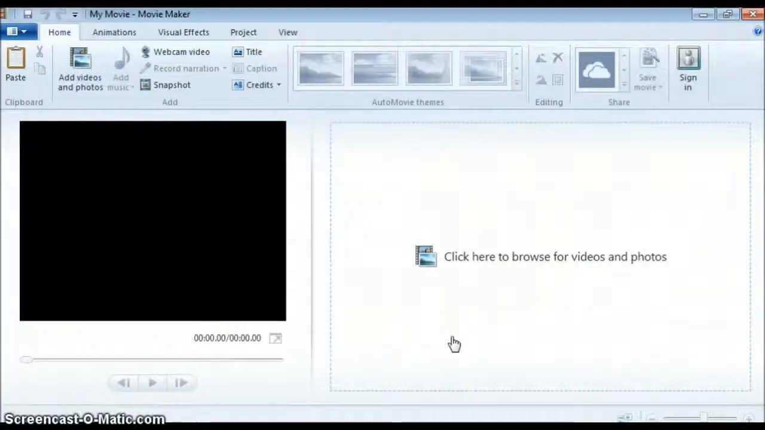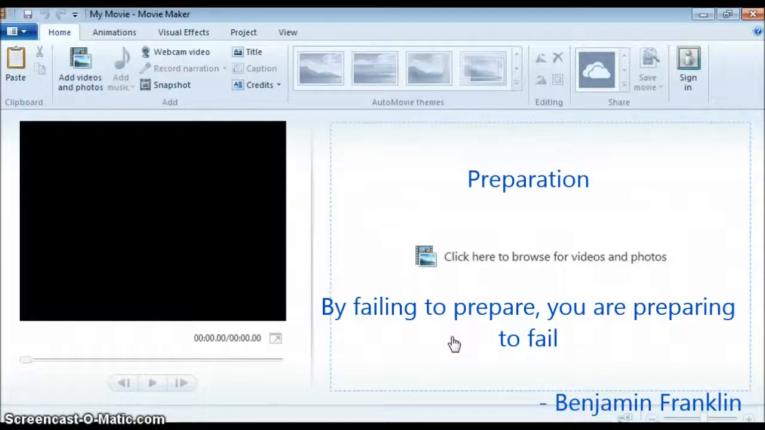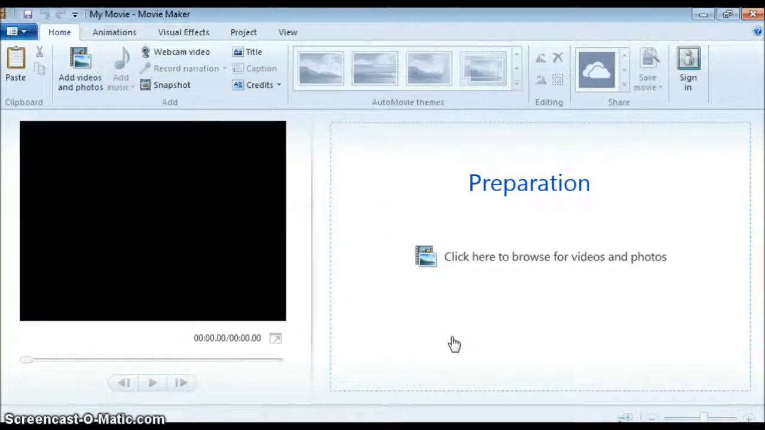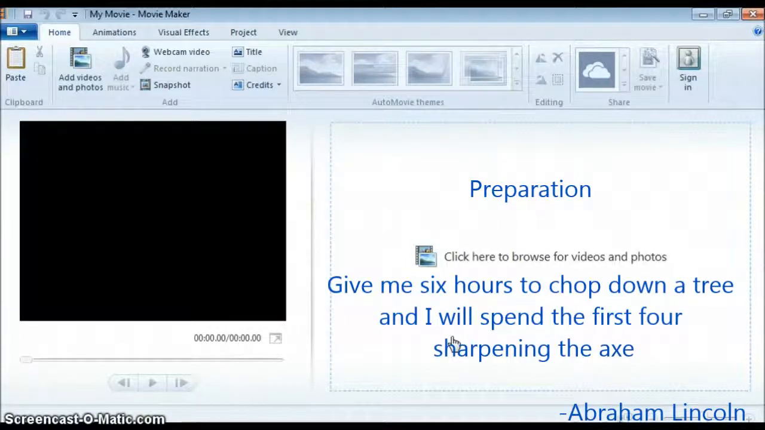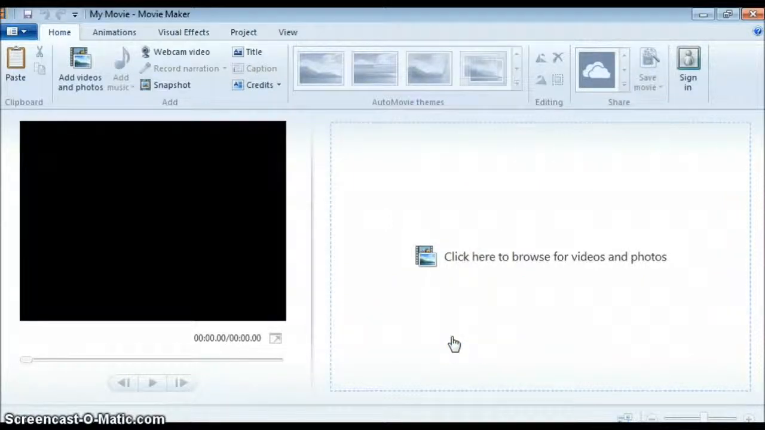Alright, so before we even begin with our first major section of importing and saving, I just want to go over the most important tool that you could ever possess when starting a project or a presentation like this in Windows Movie Maker, and that's knowing the importance of preparation. There's a quote by Benjamin Franklin that goes, "By failing to prepare, you are preparing to fail." Another quote I really like is by Abraham Lincoln, where he says, "Give me 6 hours to chop down a tree, and I will spend the first 4 sharpening the axe." Now, we're not going to be chopping down any trees in this tutorial, but I mention this just to emphasize